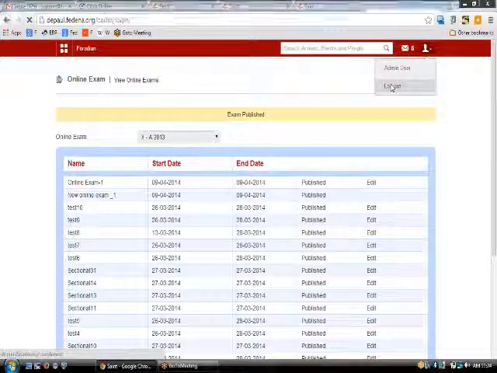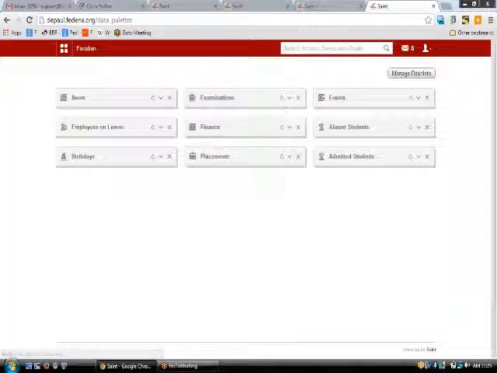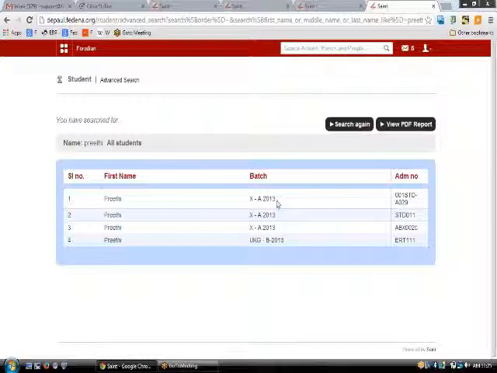So let's log out from this admin user, and then first of all I need to search for a student in that particular batch. So the student who can appear for the examination is Preeti. Then on selecting the name or the admission number of the student,